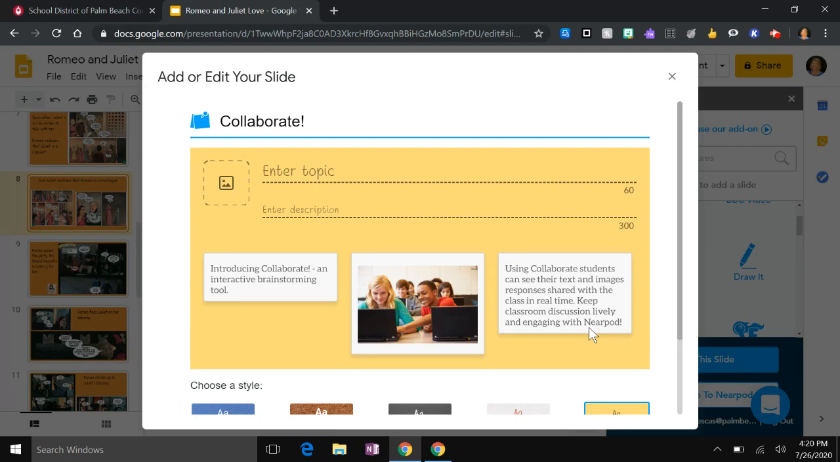I think it's great because it's just a great language model for students. They can watch the other answers come up and it gives them ideas to spur their thinking. I love it. So I'm going to write